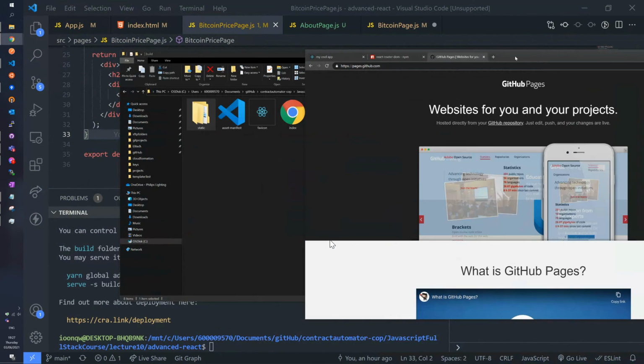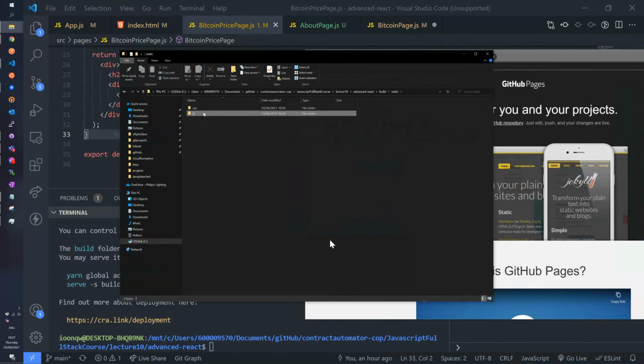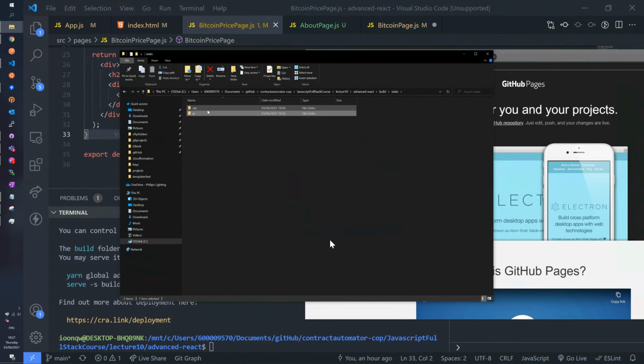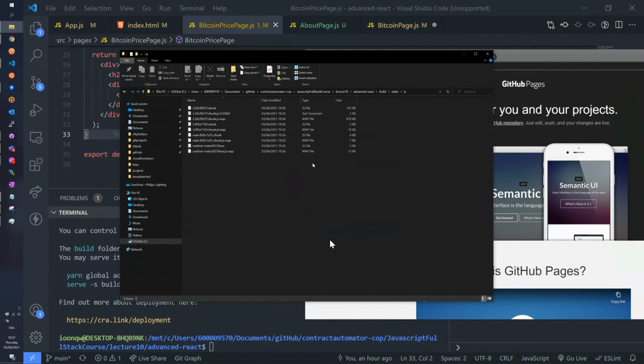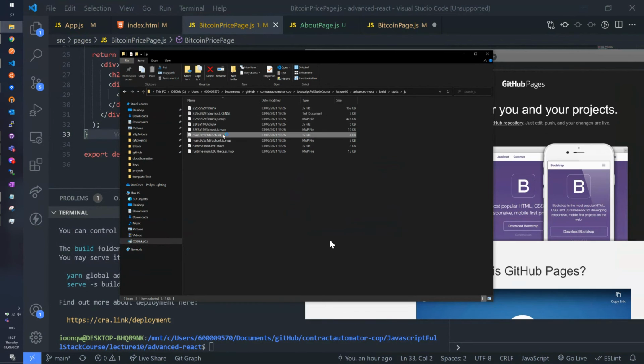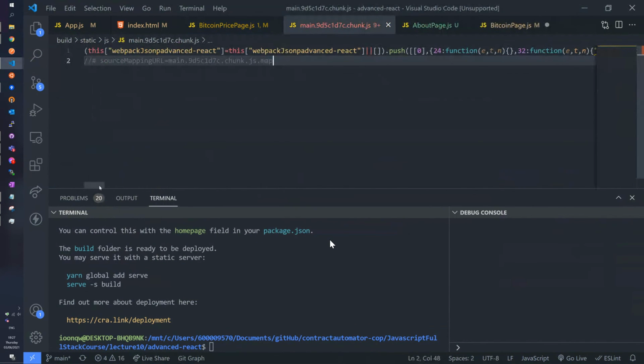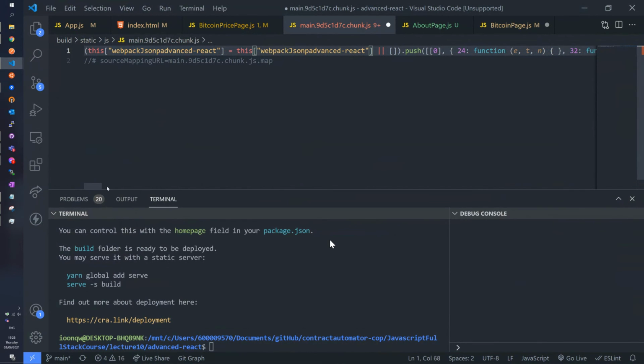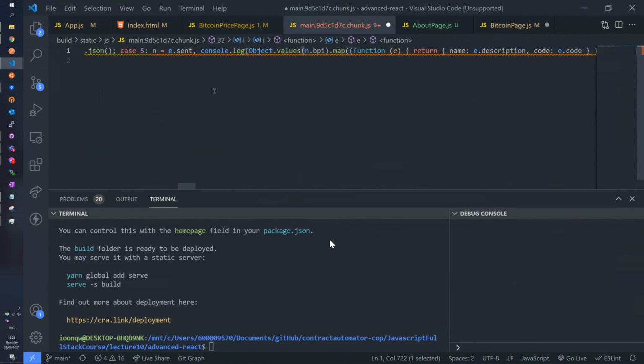Okay, so yeah, and if you want to look a bit through these files, they will not really make much sense to you. What you see here, they have some programmatic kind of names. There's some CSS here, and if you go to this chunk.map, what was it? Yeah, to this main file, you'll see that all your code is in one single line, right? It's completely terrible for developers to read, but definitely very easy for your browser to understand what's happening here. So what all this nasty looking code is, is actually the code that we wrote up till now in a minified version, something that the browser actually understands.